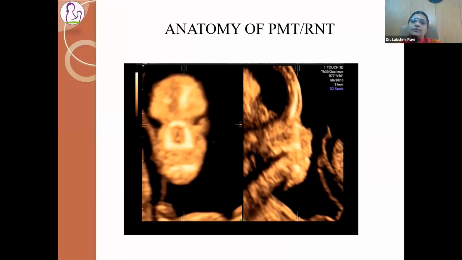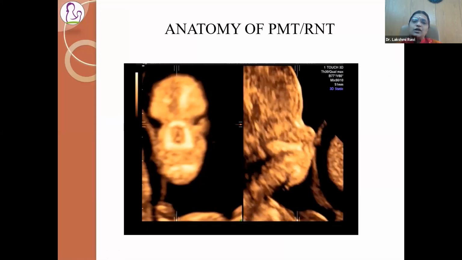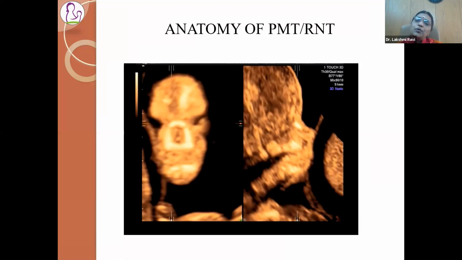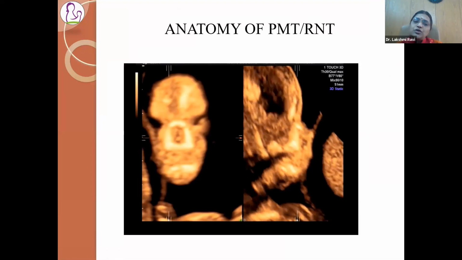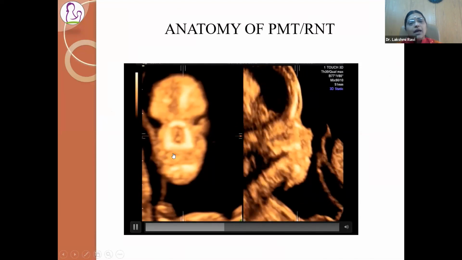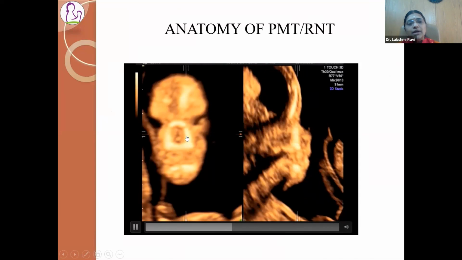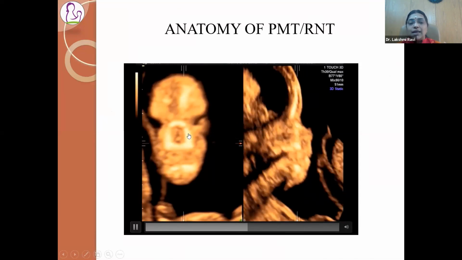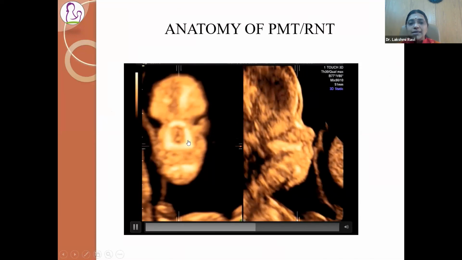We all know the premaxillary triangle or the retronasal triangle. Suppose you do not know what actually forms the side walls of the triangle or what actually forms the base of the triangle, then it is very simple. You acquire a volume and you put the reference dot in the area of interest. In this video, as the reference dot moves in the coronal plane, you can see this in the sagittal plane.